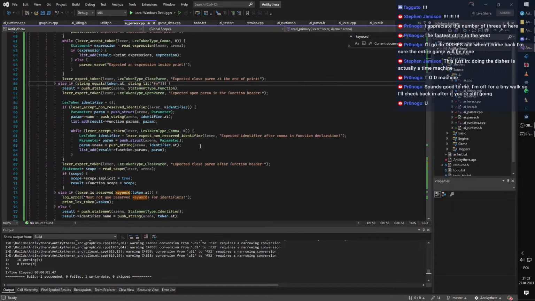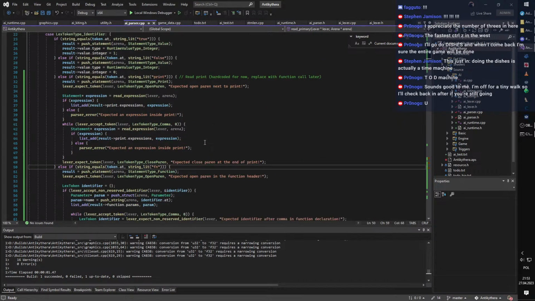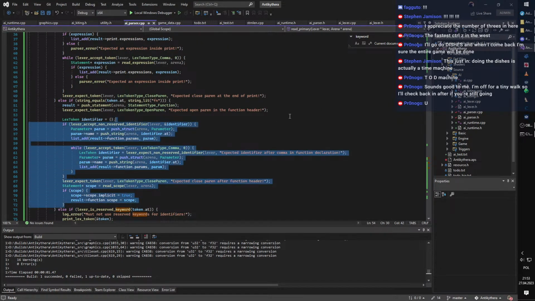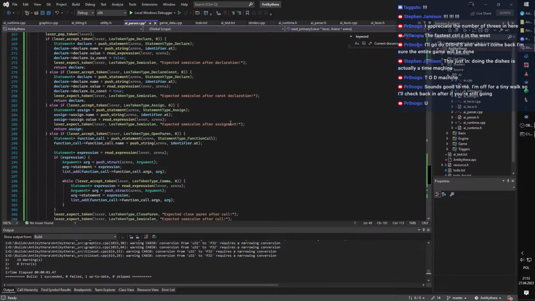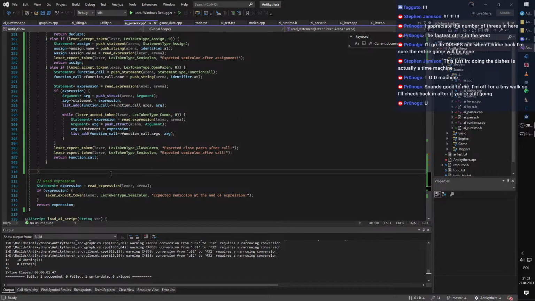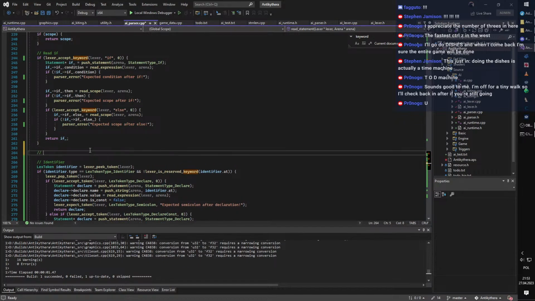Let's try that, but I don't know if that's gonna work. So instead of this, I would move this to open. So here we would have function, the function literal, if